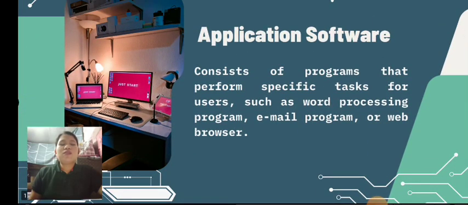Application software consists of the programs that perform specific tasks for users, such as the word processing program, email program, or web browsing. When we say specific task for users, for us na mga gumagamit, instead of magsusulat tayo sa mga bond paper dyan, ginagamit natin yung mga word processing program. Ganon. Yung mga MS Word natin dyan, mga WPS natin. Then, email program. Instead of sending or yung emailbox natin, mga ganon, at saka i-deliver natin yung ano,